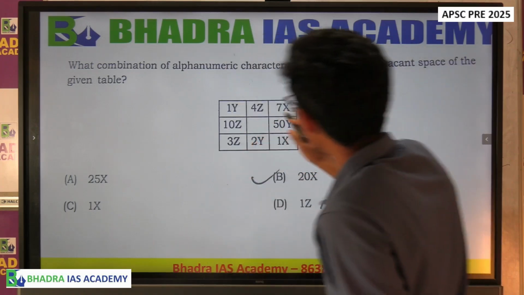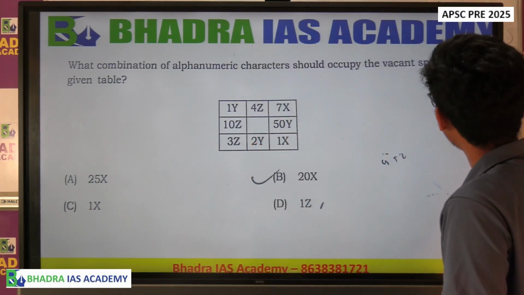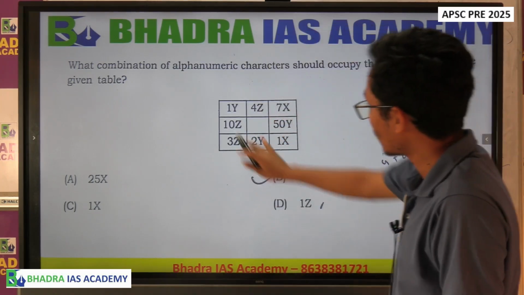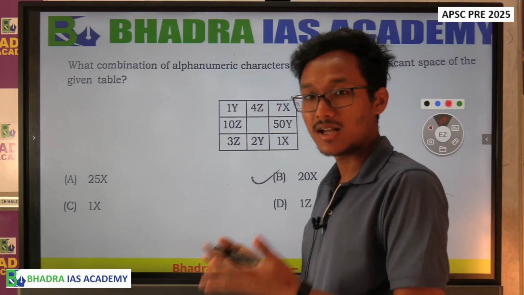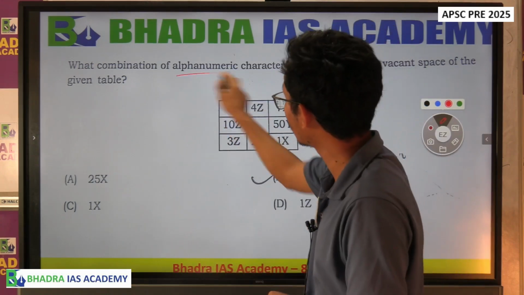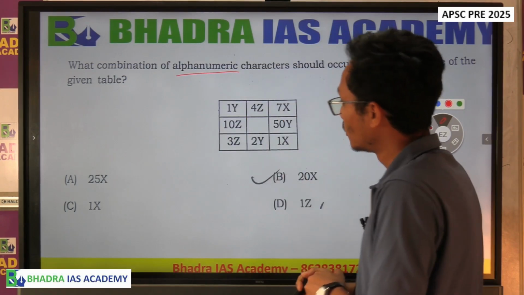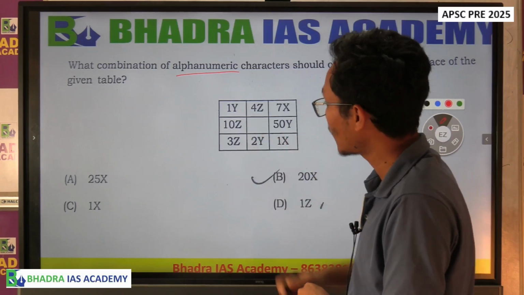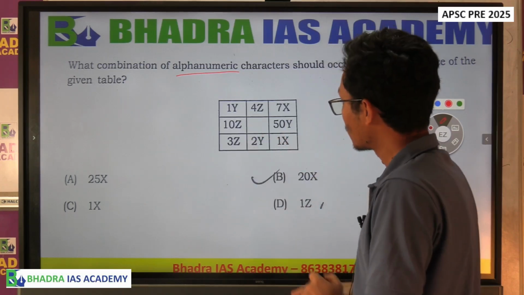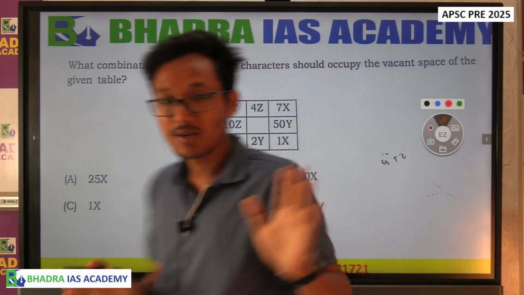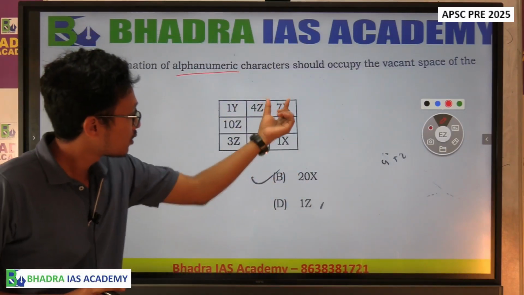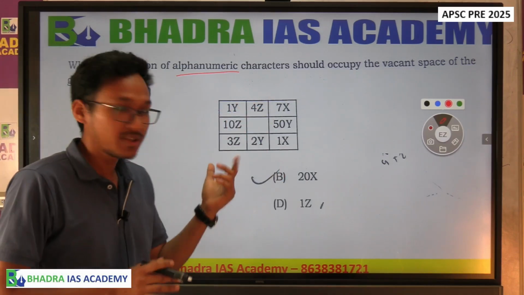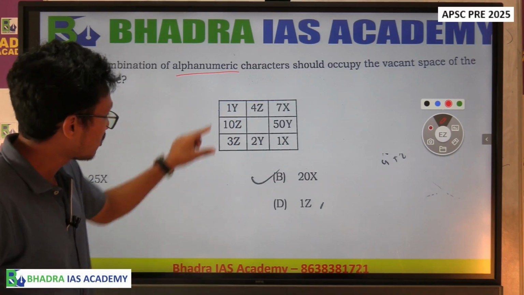What combination of alphanumeric characters should occupy the vacant space of the given table? Okay, ইয়াতে টেবুলৰ ভিতৰত কিছুমান নাম্বাৰ প্লাছ alphabets, so alphanumeric দিয়া আছে, আৰু ইয়াতে মাজৰ বক্সটো খালি আছে, আমাক সুধিছে যে ইয়াতে কি হ'ব, so নাও আমি ইয়াৰ ভিতৰৰ নাম্বাৰ আৰু বাকি যিকেটা ফুল কলম আছে তাৰ ৰিলেশনটো চাই লও, so আমি নোটিস কৰিম,